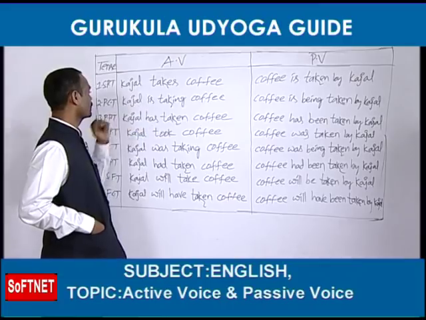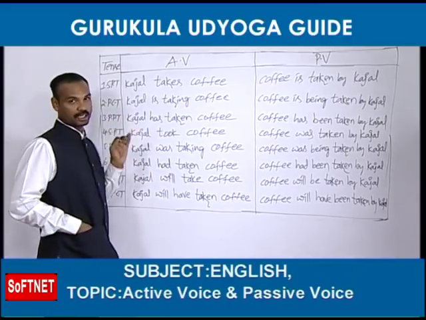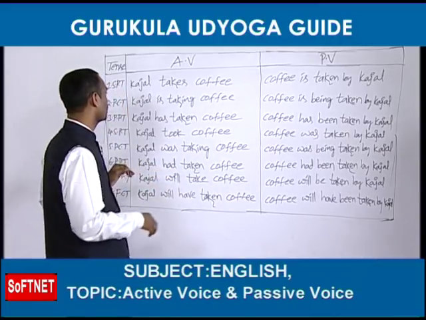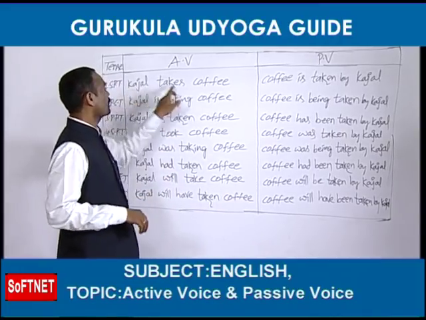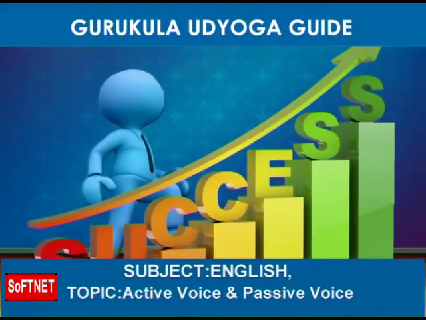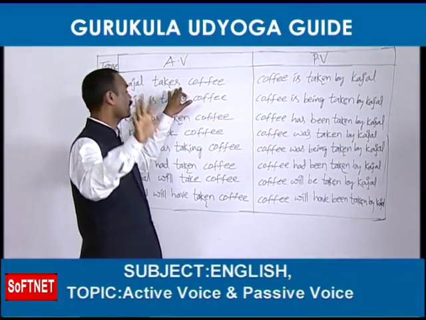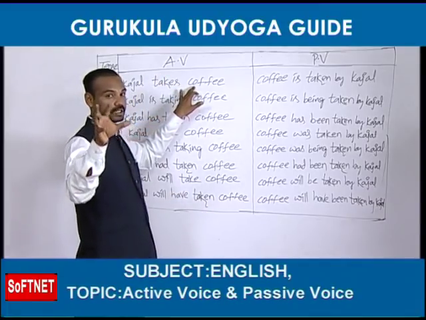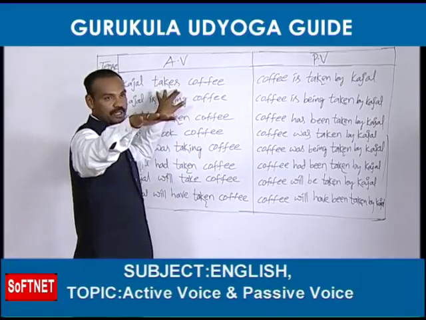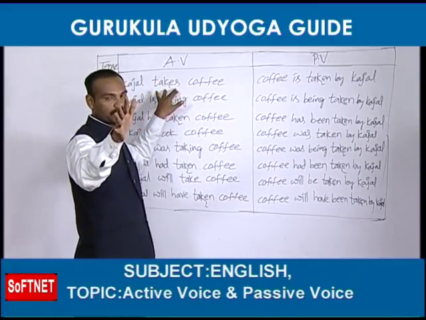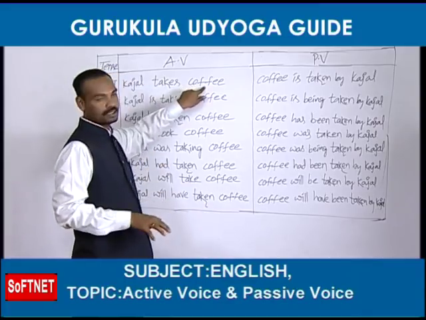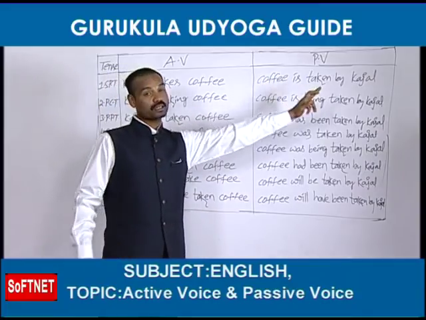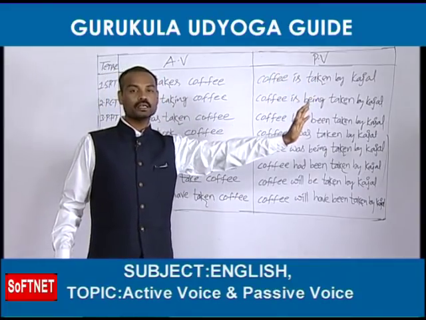Next, let's see second example from present continuous tense. Do you want me to give any more example from simple present tense? Okay, one more example I am ready to give. From simple present tense I am going to give you one more example. Kajal eats apples. Not Kajal is eating. Kajal eats apples. This is also one example from simple present tense, but plural object is there. This is singular object. Kajal eats fruits. Fruits plural. So fruits are eaten by Kajal.